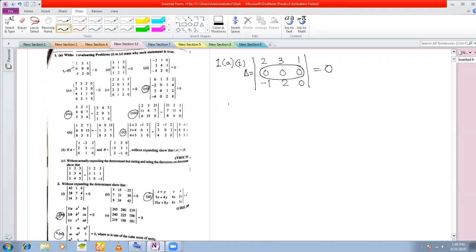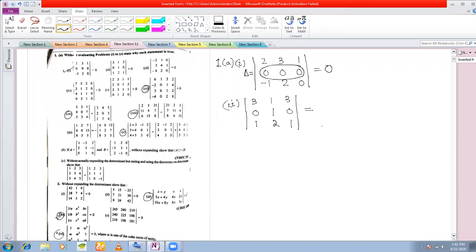Look at the second one. You need to find out the value of this determinant without actually expanding. And remember, all the problems on determinants in this exercise, maybe with the exception of one or two, and in the exam, whichever problem you are going to get, you will have to do without expansion. You cannot expand the determinant. Expanding the determinant, you will make use of later on.